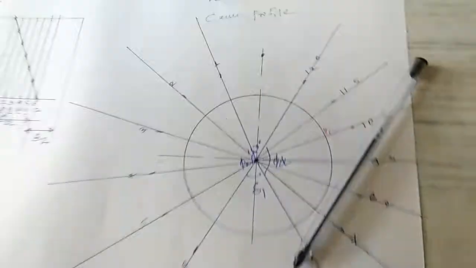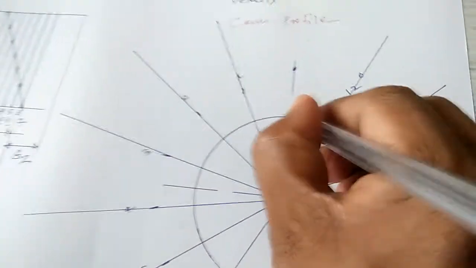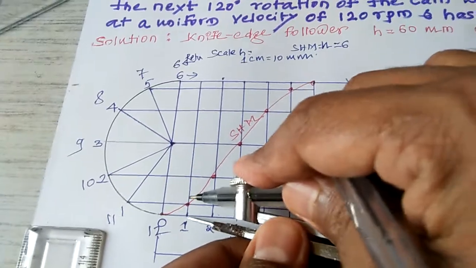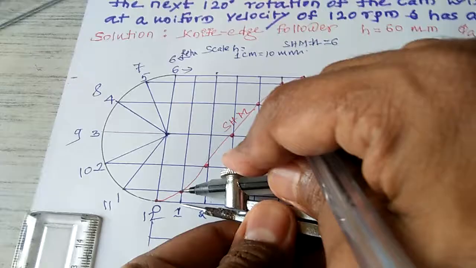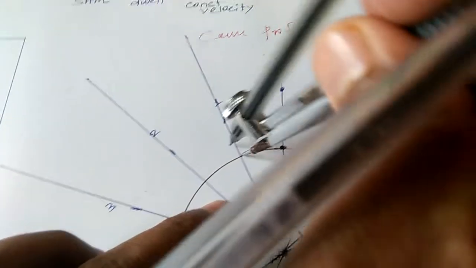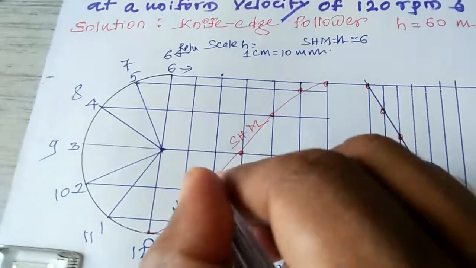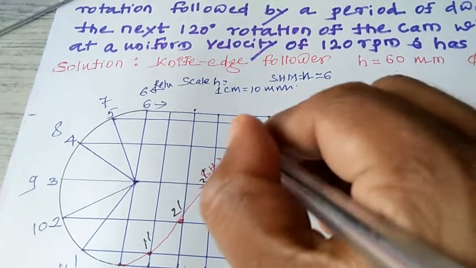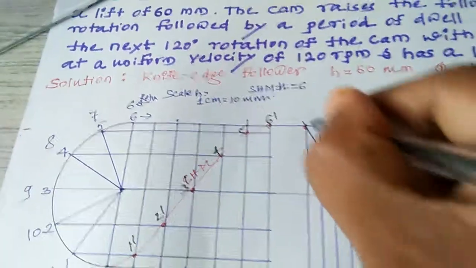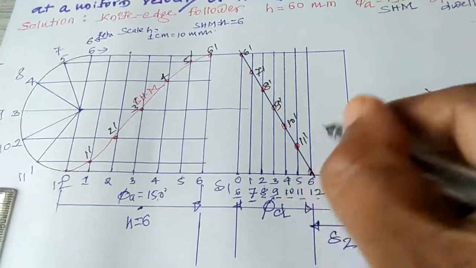Okay, then you have to go for the displacement diagram. I'll take it as 0, 0 means it comes here only, extension. Then 1, 1 you have to take it here. Compass you have to take. You make it as 1. Here it comes as 1. You have to keep it on the radius. This comes as 1. Okay, if you mention, this is 1 dash, 2 dash, 3 dash, 4 dash, 5 dash, 6 dash. Here also 6 dash, 7 dash, 8 dash, 9 dash, 10 dash, 11 dash, 12 dash.